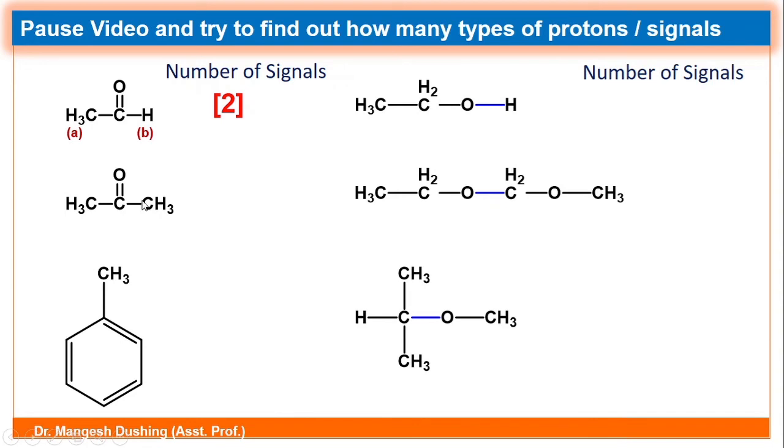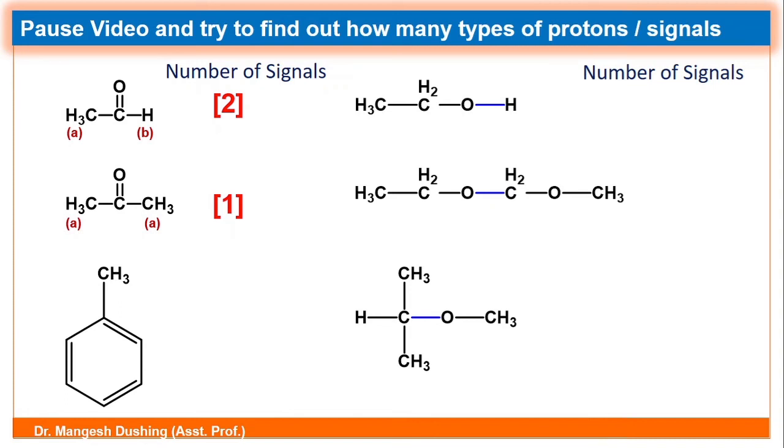While in this molecule, see here, this CH3 is attached to this carbonyl, and this is also a CH3 attached to the carbonyl. If you put the symmetry element over here, a plane of symmetry, the CH3 images as a CH3. So these 2 CH3s are the same. So those methyls are the same. So it will give you HA, HA. So only one type of proton, it will give us only one type of signal. Only one signal in the NMR spectrum.